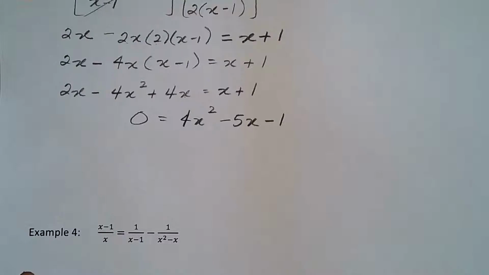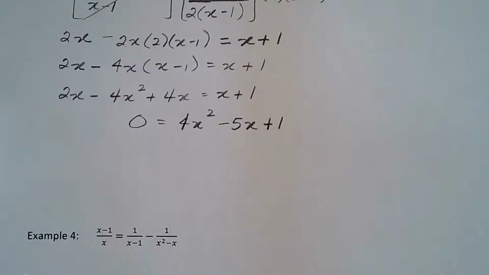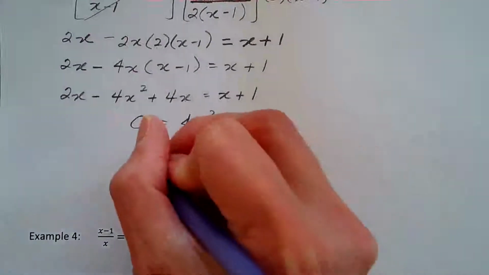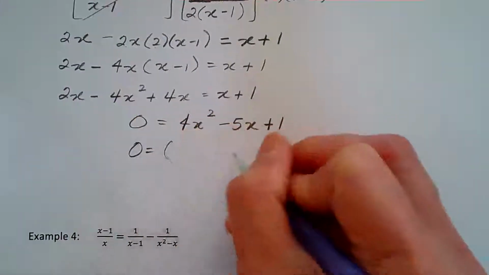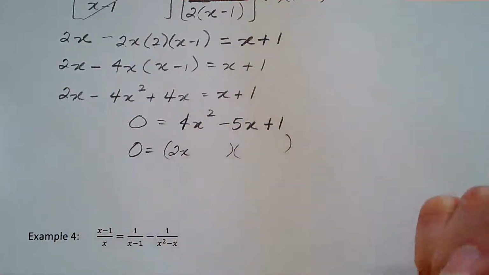So if you feel like you can go ahead and solve that thing, go ahead and solve that thing. Well, did you get 4x squared minus 5x minus 1? Plus 1. Did you get that one? Is this factorable? It's going to be 2x